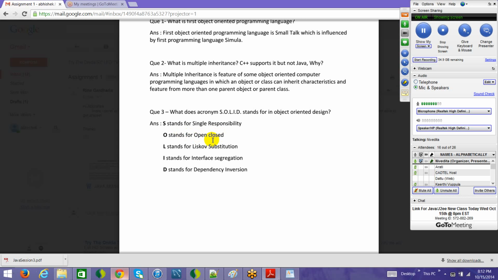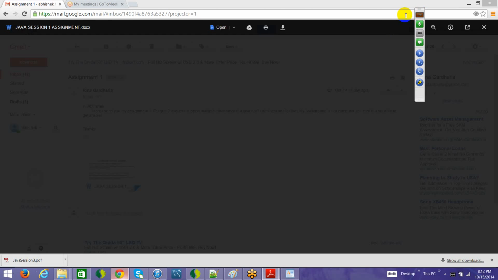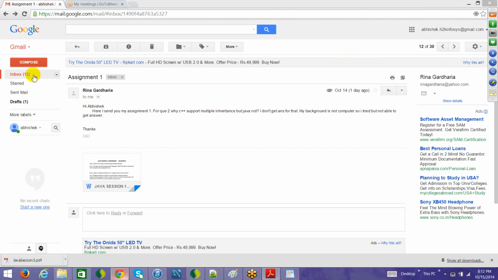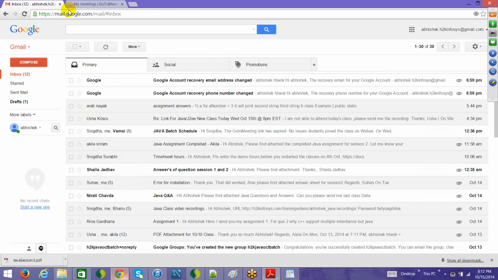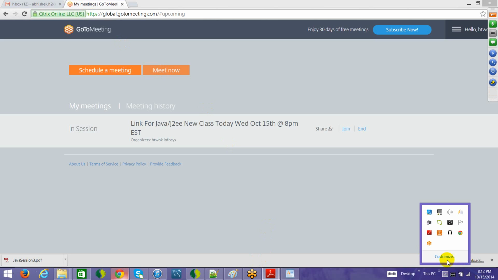Then L stands for Liskov substitution. I stands for interface segregation, which is again about the interfaces which I was talking about. And D stands for dependency inversion. Dependency inversion basically means that your Java code should not be creating new objects, and maybe you can delegate that creation of objects to some other place. Maybe you can have an XML to create that. So that can be done. In that way, you can invert the